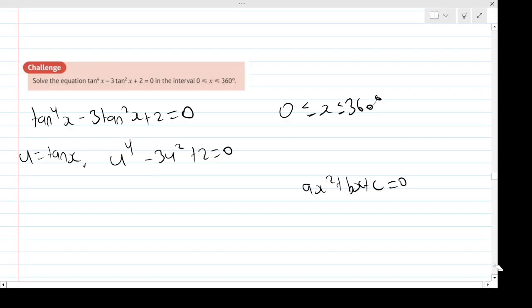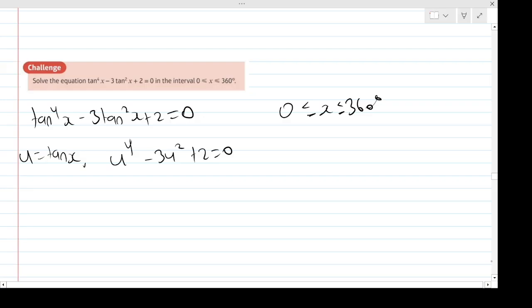But again, this is another disguised quadratic. We've got a disguised quadratic in a disguised quadratic, right? So we've got a disguised quadratic with the tan, but then we have a disguised quadratic with the u to the 4, right? So we need to do another sort of simplification, if you will. Now, hopefully,